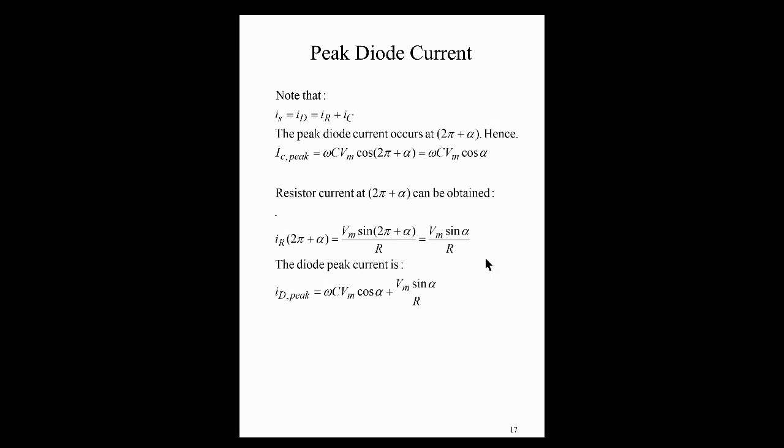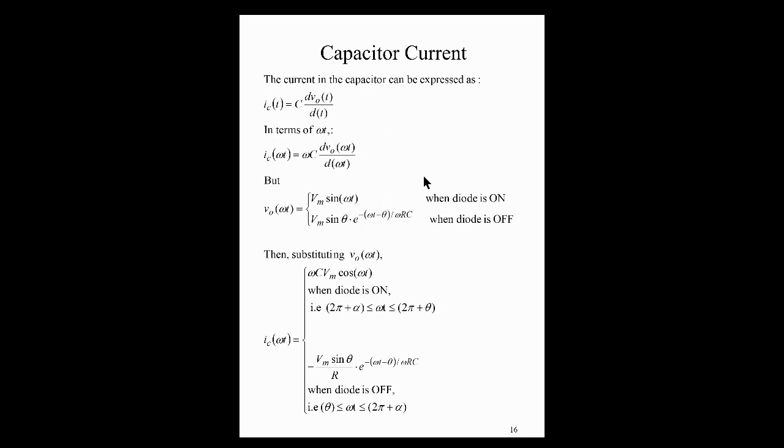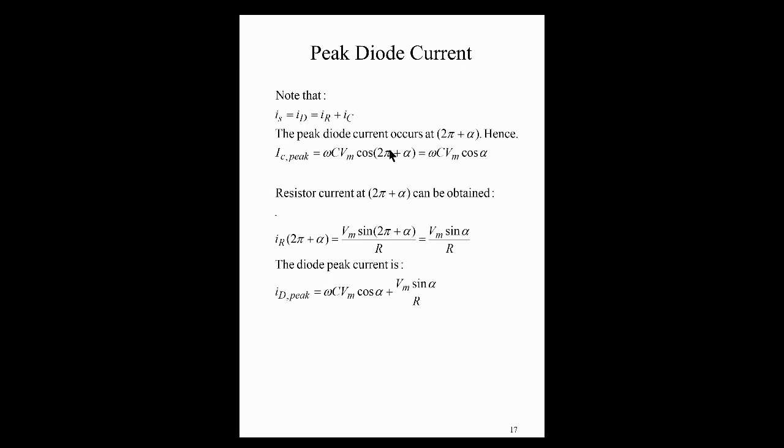Right, so here you can substitute the values, right? Now that you know what your IC is equal to, you can write that down. You set it equal to 2 pi plus alpha, make the substitution, and you will realize the expression for the peak current